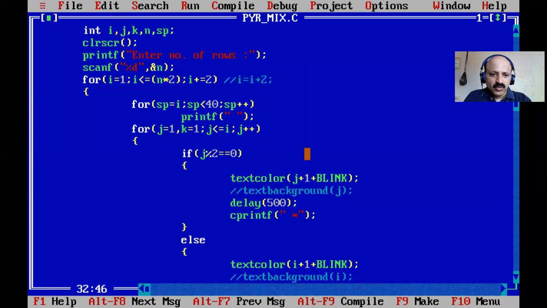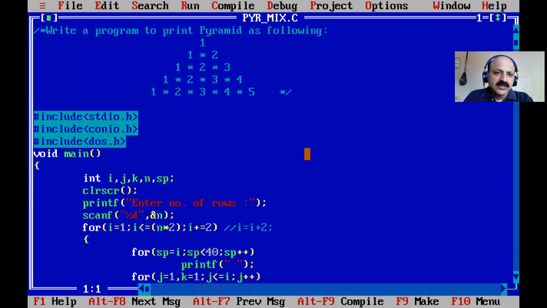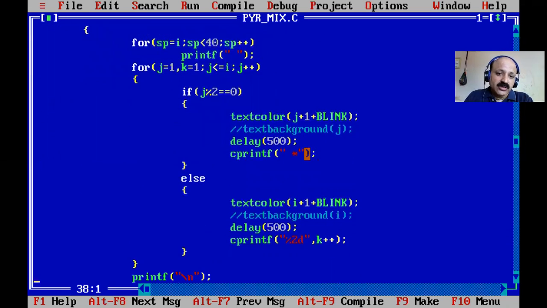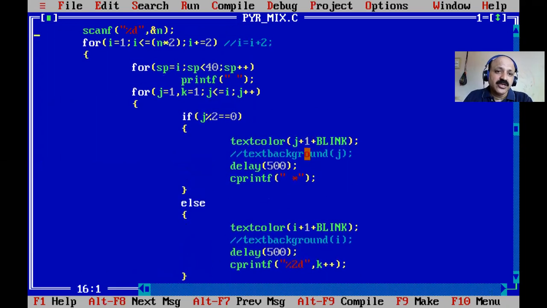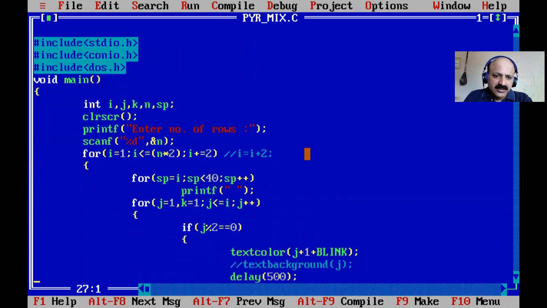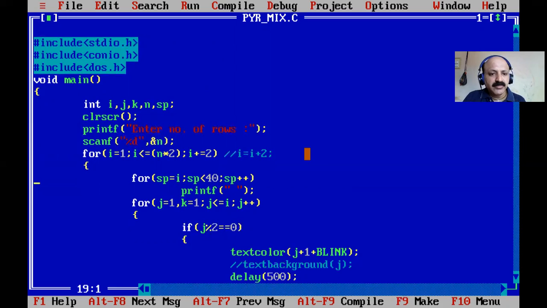So now my session is closed, and write this mix pattern pyramid program in C language. Write this pyramid shape first in rough paperwork, and then I have told you the logic step by step, so you can write this logic, or something extra if you know very well. You can also apply some different logic. There is no one single way. In C programming there are so many ways, but I think there is no change in this logic. If you move just one for loop, that is extra, but it also prints the middle part. So you have to provide some space, otherwise it is not perfect in pyramid shape.